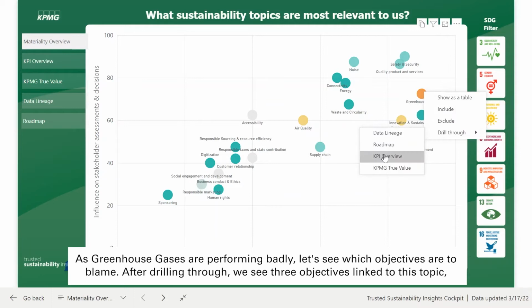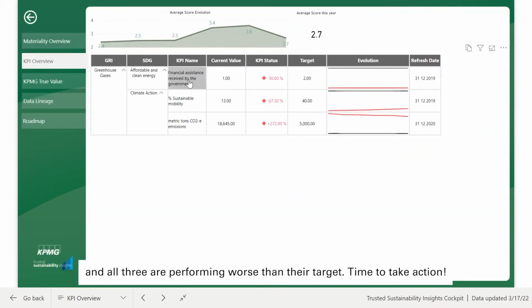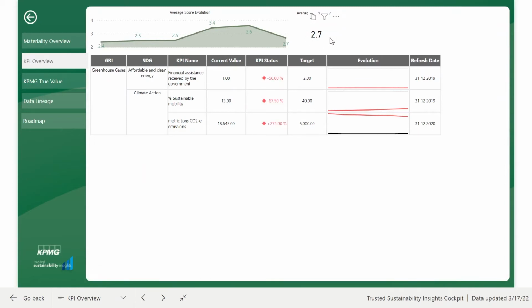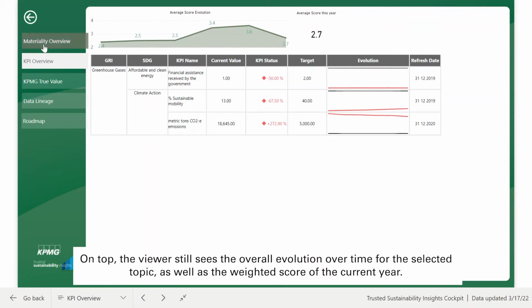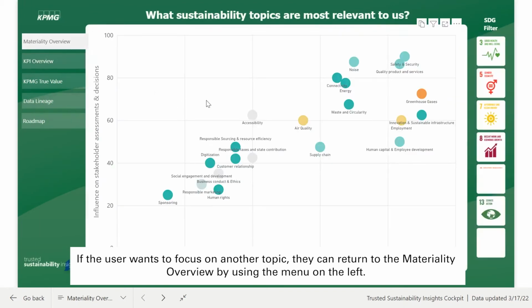After drilling through, we see 3 objectives linked to this topic, and all 3 are performing worse than their target. Time to take action. On top, the viewer still sees the overall evolution over time for the selected topic, as well as the weighted score of the current year. If the user wants to focus on another topic, they can return to the Materiality Overview by using the menu